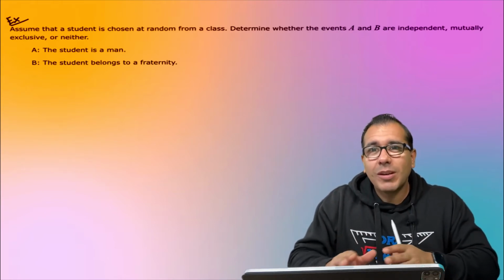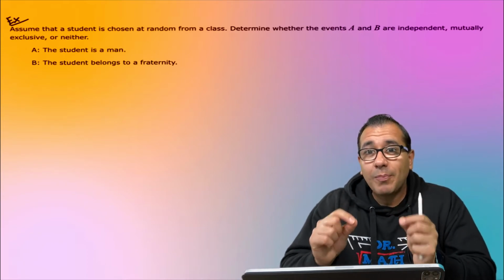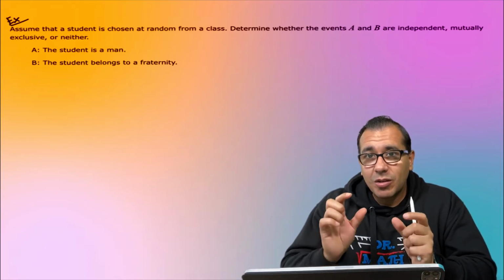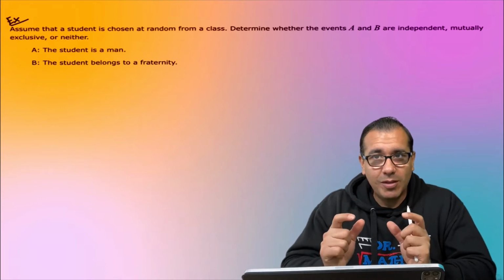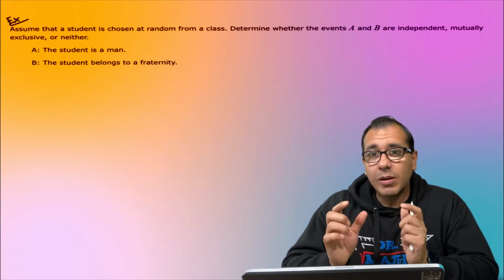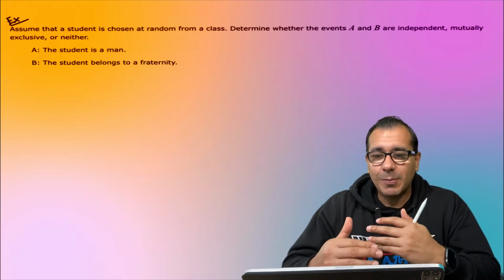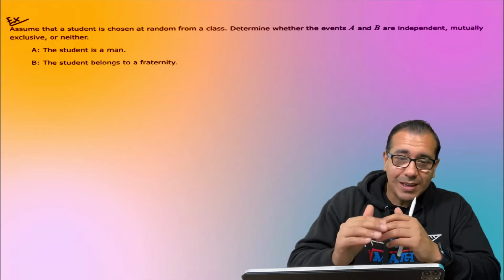They are not going to impact one another. So that's what we're looking at when we're talking about independent events: two events that have no influence, no type of impact on one another. All right, so we're going to look at the equations that go along with these independent events. So let's dive in here.